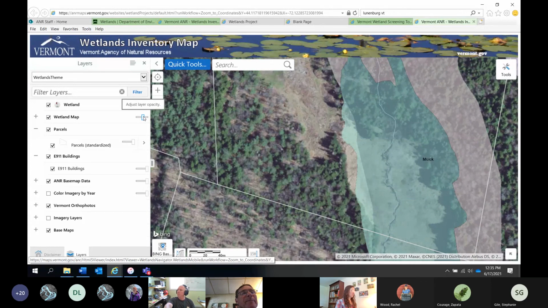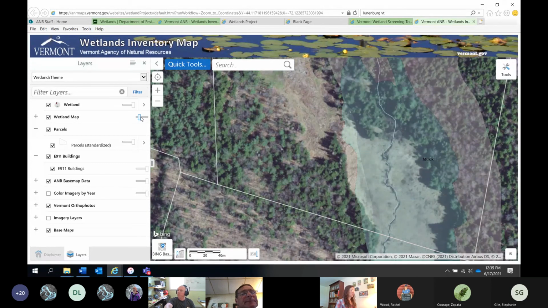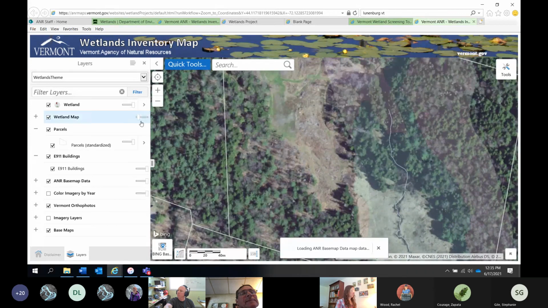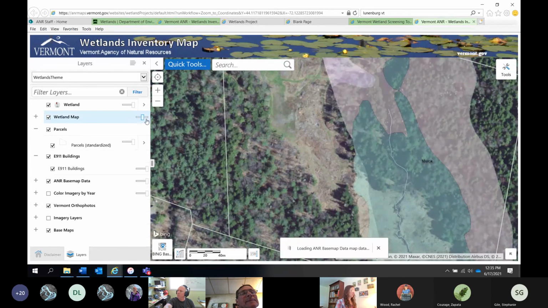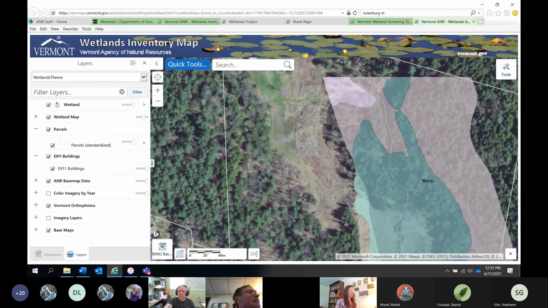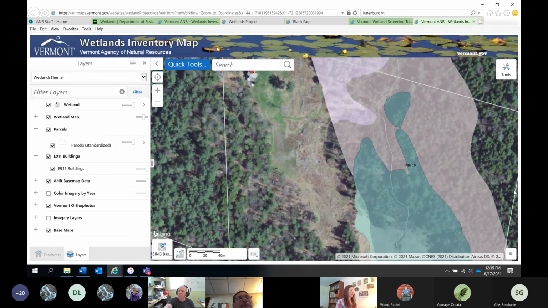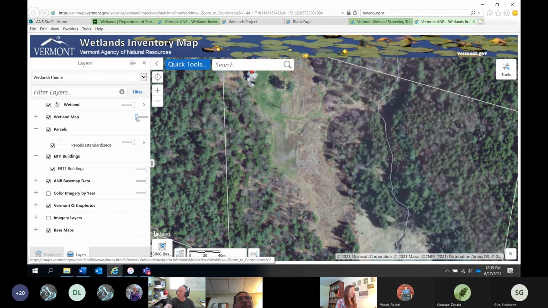I don't know how much you guys have navigated around this mapping tool, but you can dim these layers and make them more opaque to kind of see what's going on underneath. And it looks like there's a stream running through, nice forested wetland. But if we were just to look at the VSWI map here, we would be missing all of this muck unit, which is very likely also wetland based on what we're seeing.